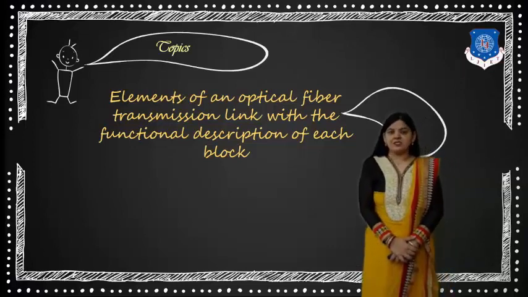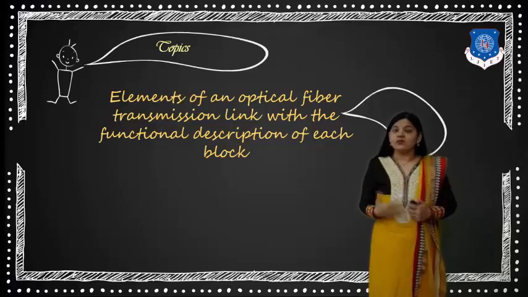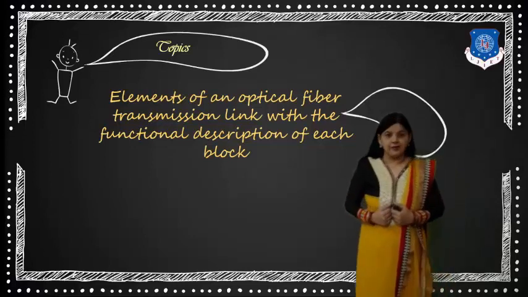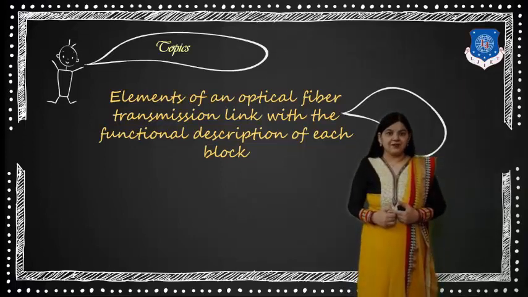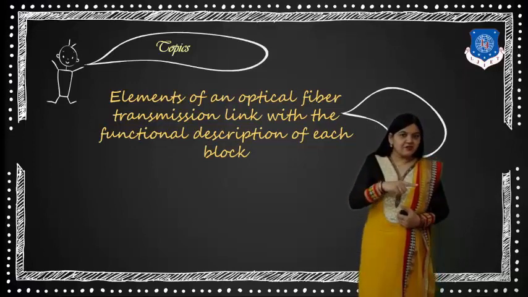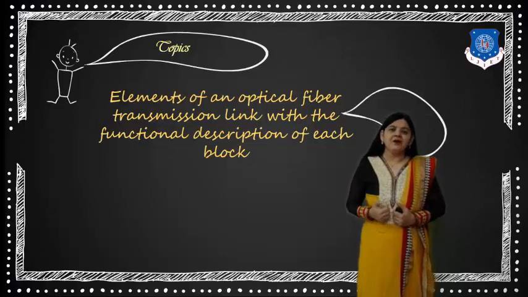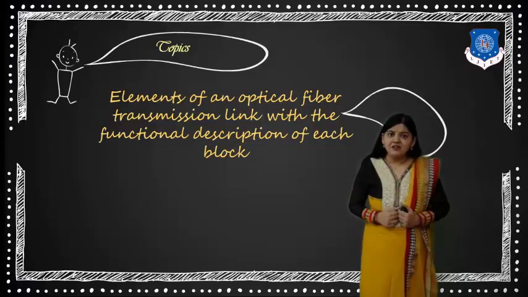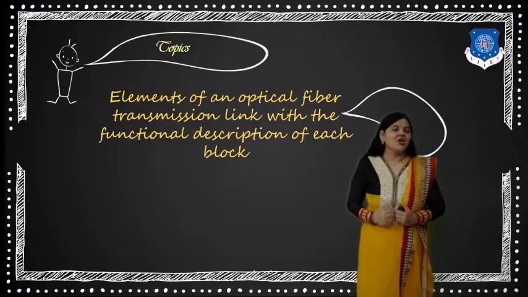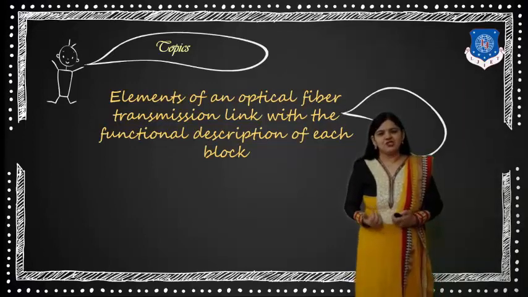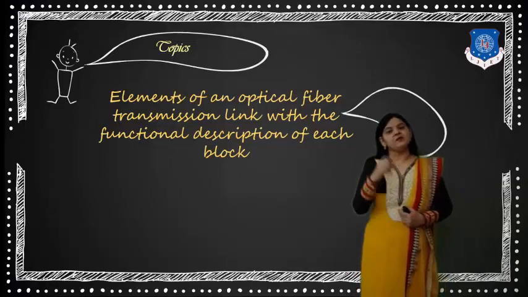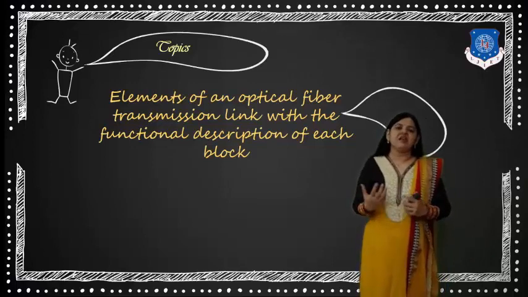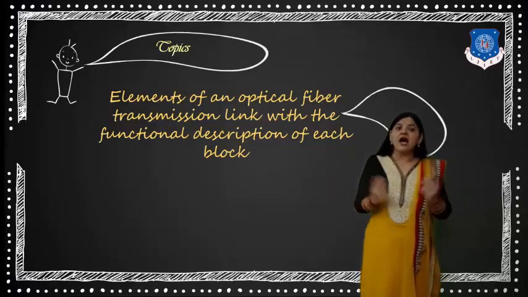So now friends, we need to recall a few things which we studied earlier. It is about the block diagram of communication, which consists of mainly three parts: transmitter, receiver and the channel. Now, what is the function of the transmitter? It will transmit the signal. What is the function of the receiver? It will receive the particular signal. What is the function of the communication medium? It transmits the information from one place to another place.